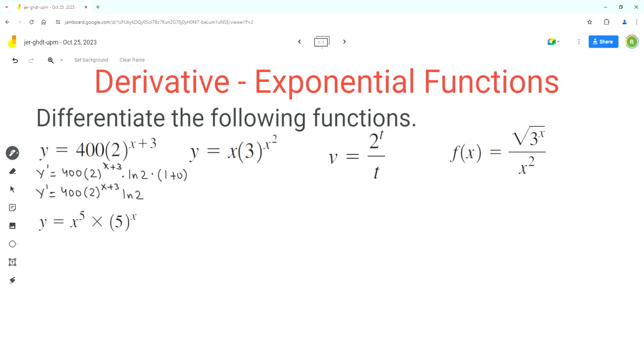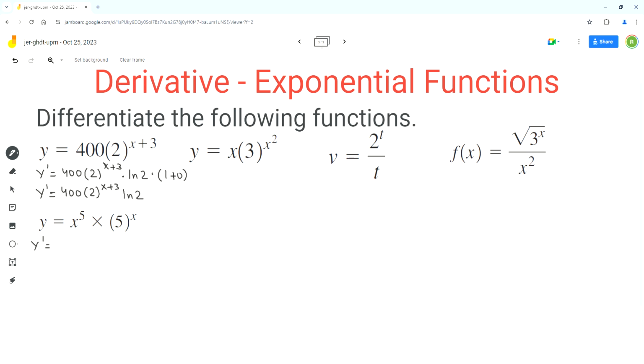The second function is made up of two types of functions. So x to the power 5, which is a polynomial function, and then 5 to the power x, which is the exponential function with the base 5. And since these functions are being multiplied, we'll have to use the product rule. So the first step is,